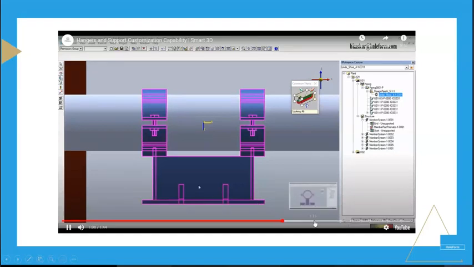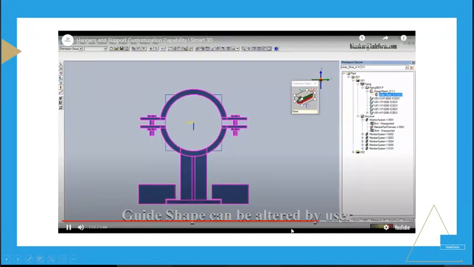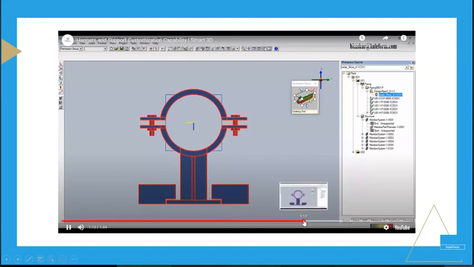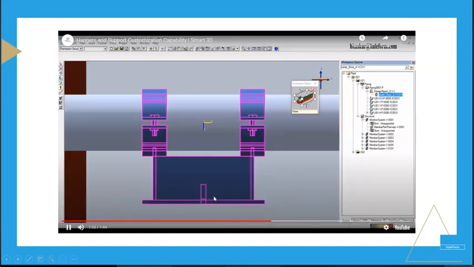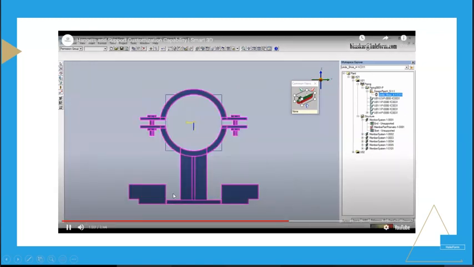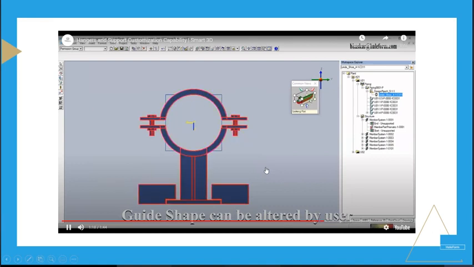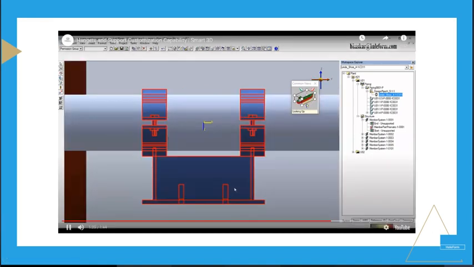Next example would be the shape of the guide. You can alter the shape easily from the properties itself. So these kinds of configurations we provide when we customize supports. If you have any support customization related queries, you can definitely